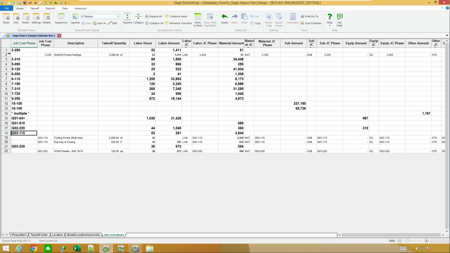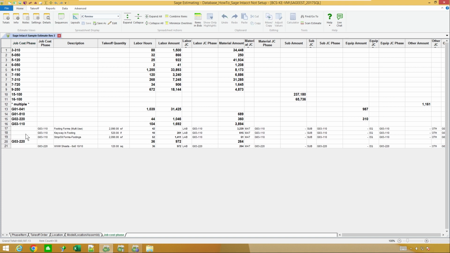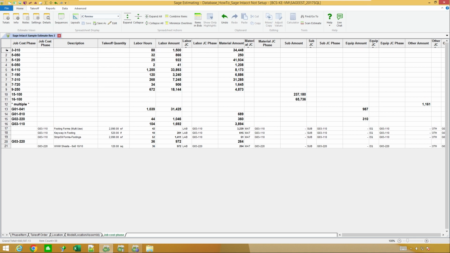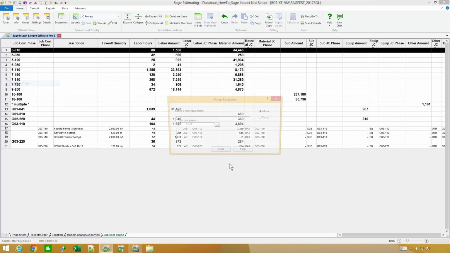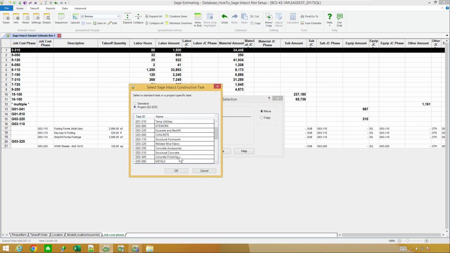So that looks like that was information down there. So I'm just going to drag and drop it so I don't have to go through the list again and find it. And let's see, it looks like I've got some concrete there. So let's say I want to move copy that. And maybe that's going to go to some structural concrete.